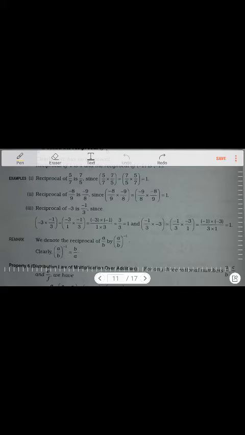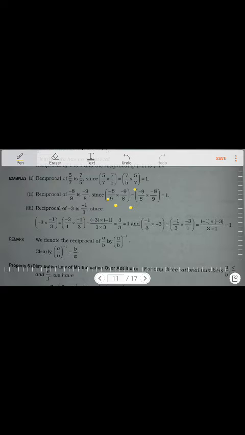In the same way, if you see question number 2, the reciprocal of minus 8 by 9 is minus 9 by 8. Why? Because when these two are multiplied, minus minus will become plus, up and up, and 8 8 will be cancelled, 9 9 will be cancelled. Here also minus minus at the top will become plus, and 9 9 will be cancelled, 8 8 will be cancelled. Then everything is cancelled, that means top 1 and 1 left, and below 1 and 1 left. So 1 into 1 is 1, and 1 into 1 is 1. So it becomes 1 by 1.